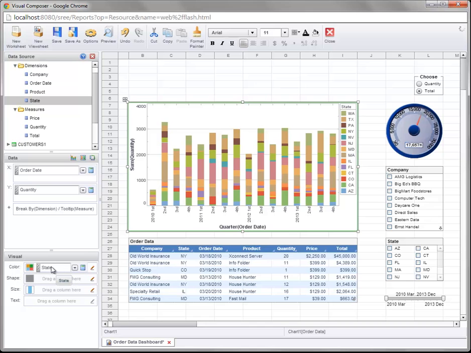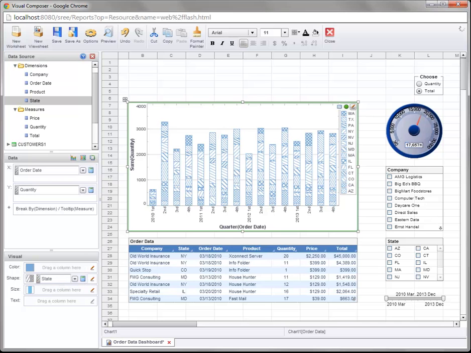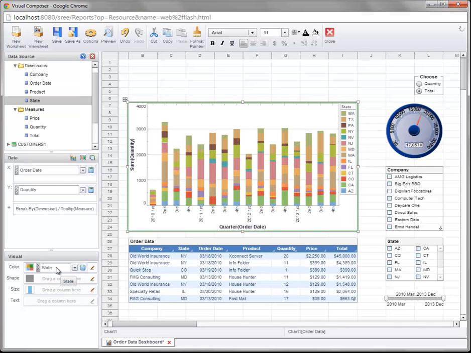If we had added the state field to the shape area, for example, then different shapes would be used to distinguish the different states, and so on. But in our example, we're going to use color, so keep the state field in the color region, and now we've got different colors used to distinguish the different states, and it's now clear that this is in fact a